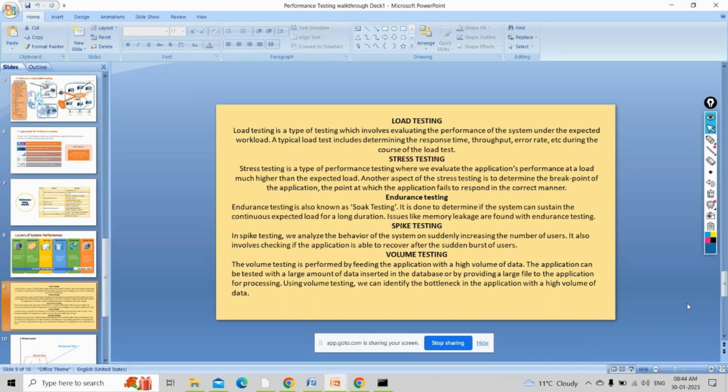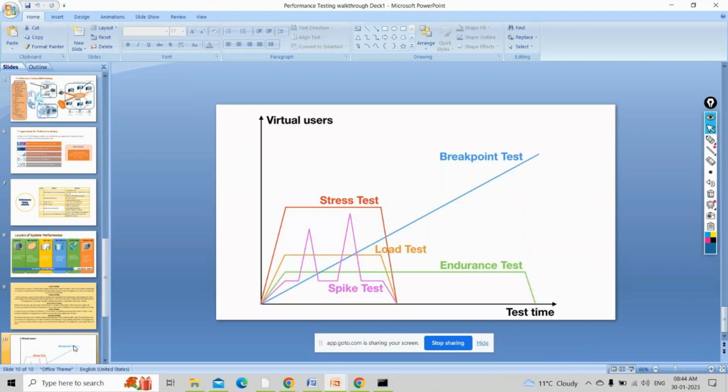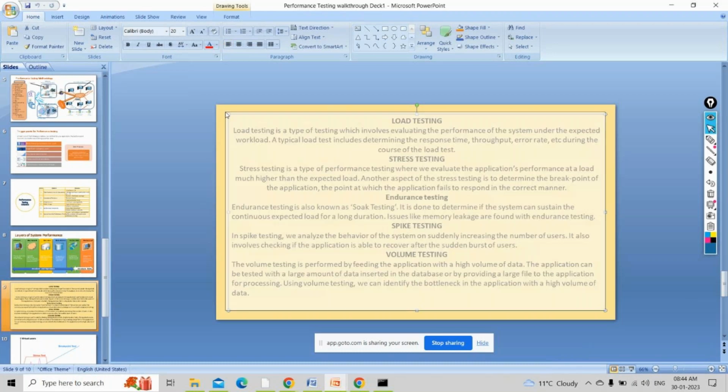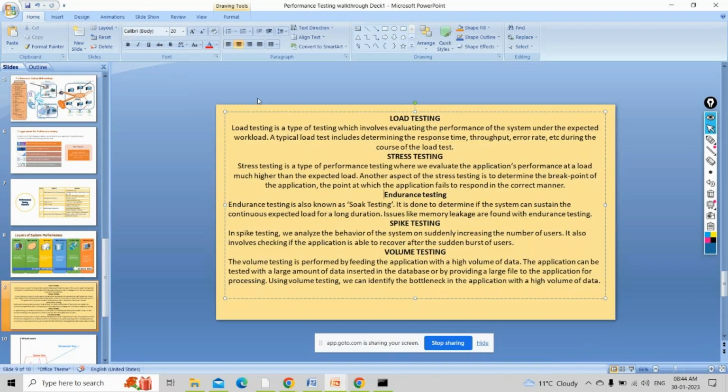Okay. Yeah, I mean, it's correct only. Let's go through them with examples so that we understand in a much better way. So whatever Manisha has said, these are correct definitions. But we'll go over it again. Now, what is load testing? Simply put, load testing is a type of testing which involves vetting the performance of the system under the expected load. Okay, so for any performance tester,